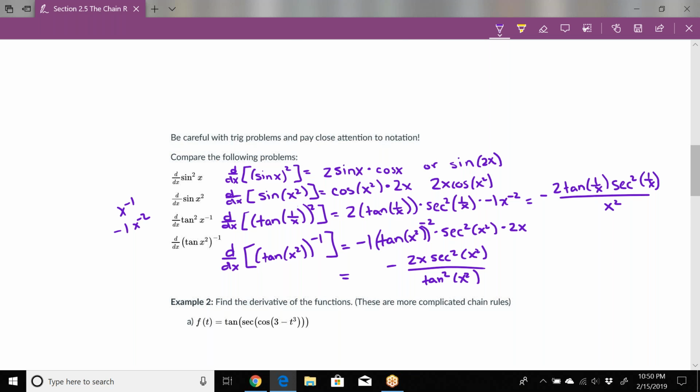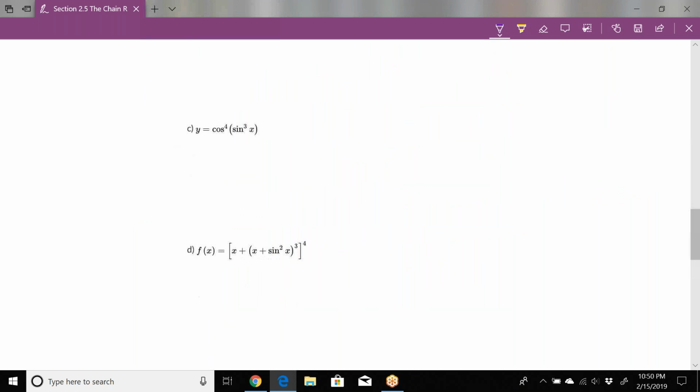All right, on example 2, we did A and B in class, so I want to do C and D here. So when we do this one, you might want to rewrite it first. This would be cosine, and then we have sine x cubed, and this is all being raised to the 4th power. So I'm going to be using that y prime is 4 cosine of sine x cubed, now to the 3rd,